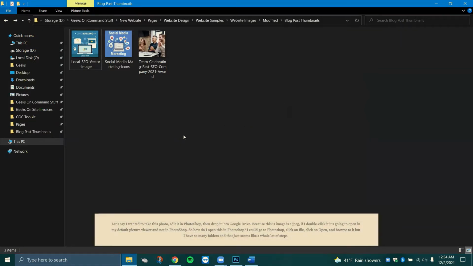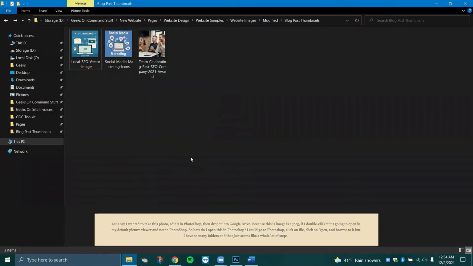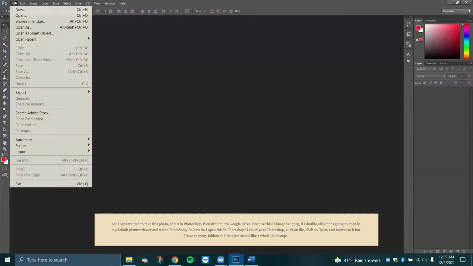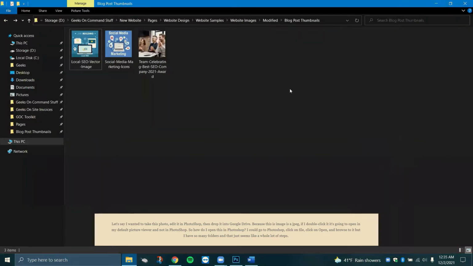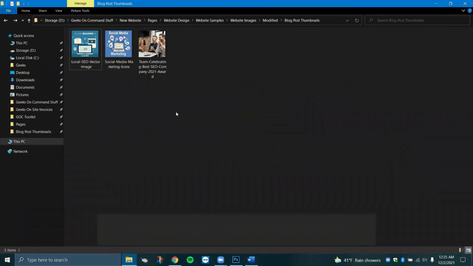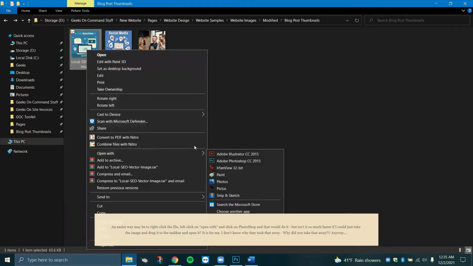So let's say I wanted to take this photo, edit it in Photoshop, and then drop it into Google Drive. Because this image is a JPEG, if I double click it, it's going to open in my default picture viewer and not in Photoshop. So how do I open this in Photoshop? I could go to Photoshop, click on File, click on Open, and browse to it. But I have so many folders, and that just seems like a whole lot of steps. An easier way may be to right-click the file, left-click on Open With, and then click on Photoshop,